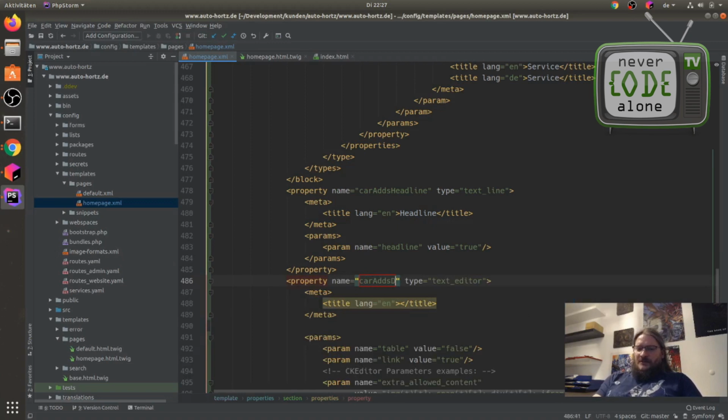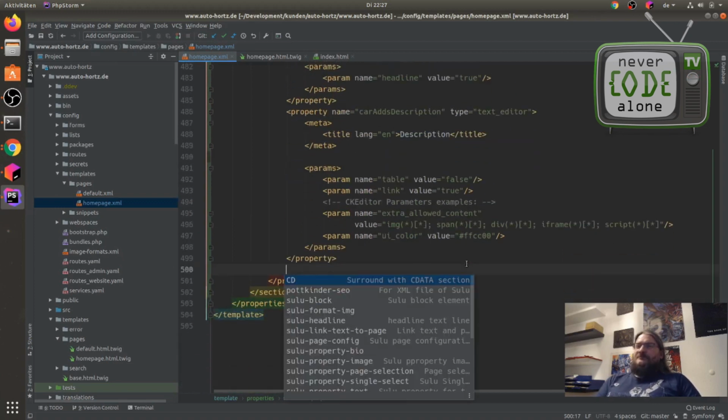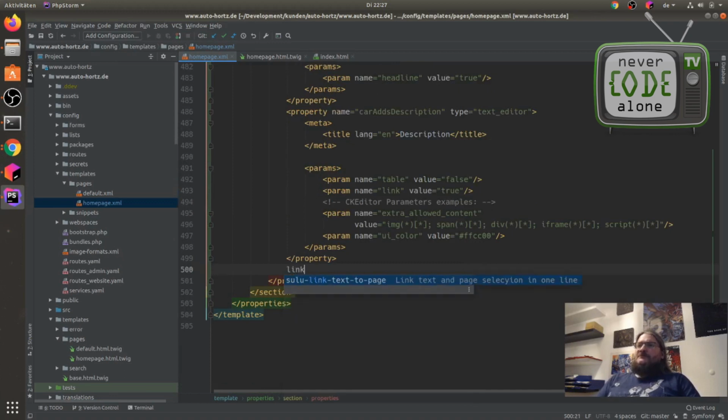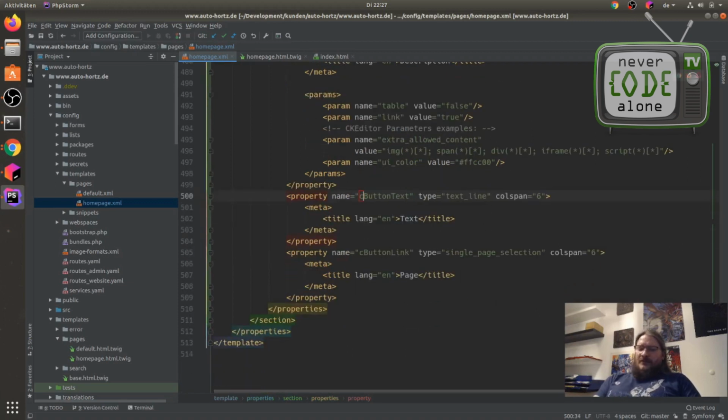Car ads description. And we have this text with link. Link text to page, link text and page selection in one line. So we have this car ads text and link to page.